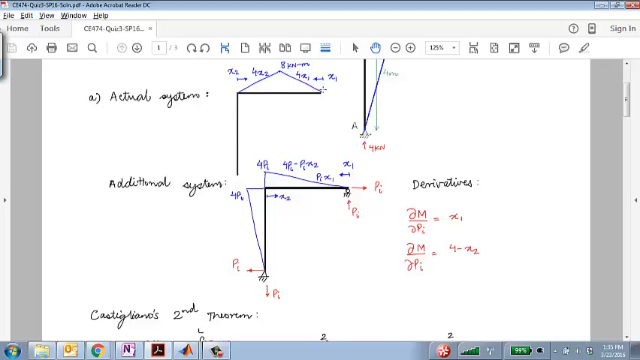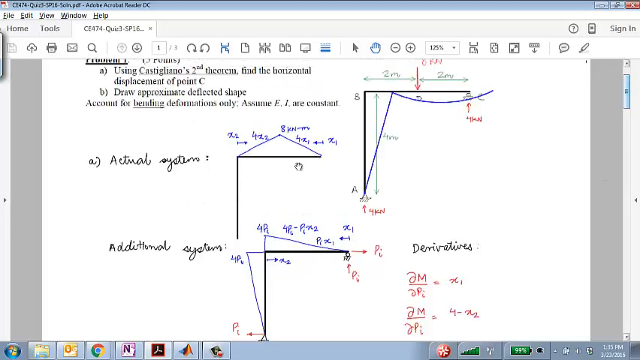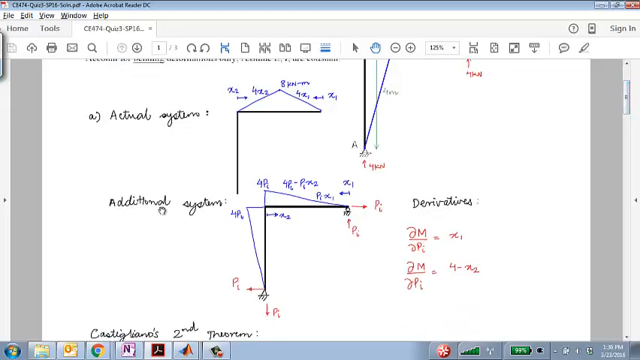So you have the actual system, and the bending moment diagram should look like that, which should immediately tell you that there is no bending moment here. So that leg should remain straight, but it does not mean that that leg should remain vertical. This frame would have a horizontal deflection to the right because of that. And to find that deflection, you have the additional system where you apply an additional P load